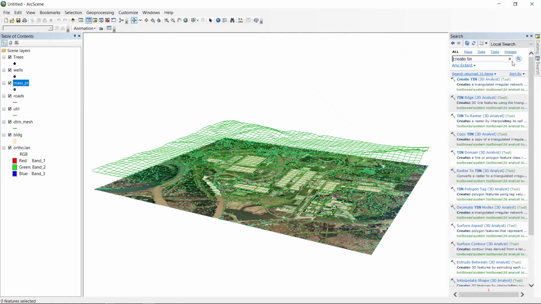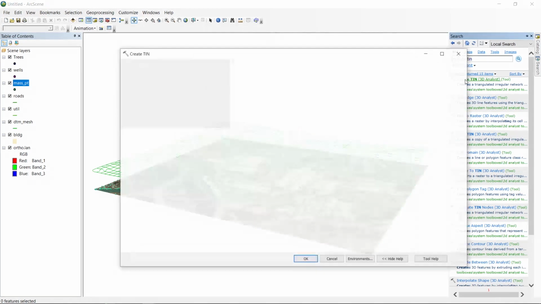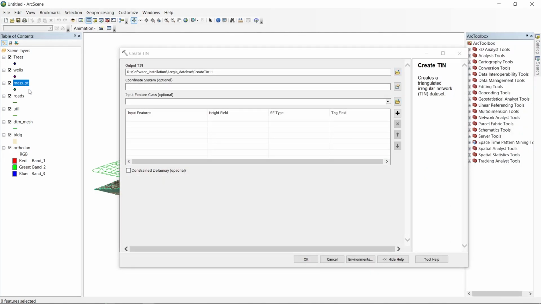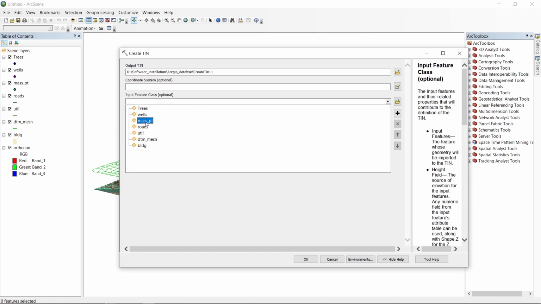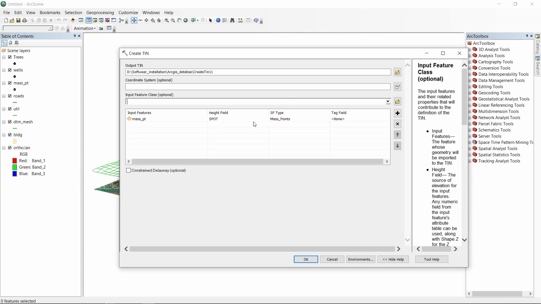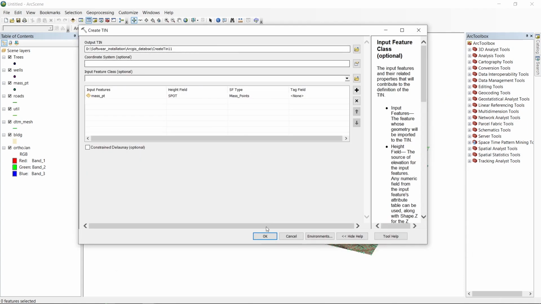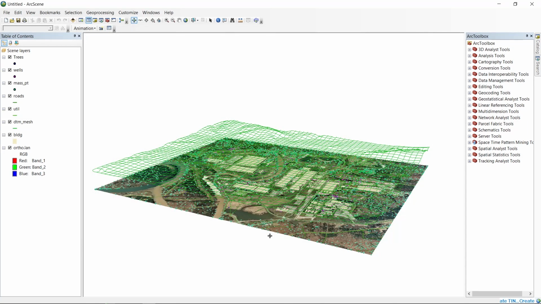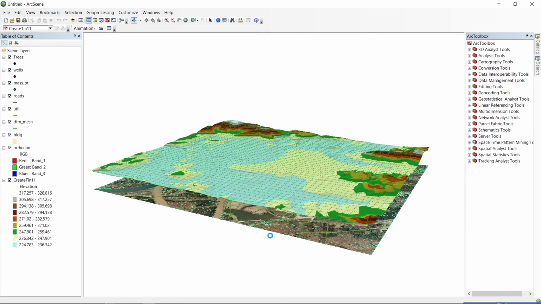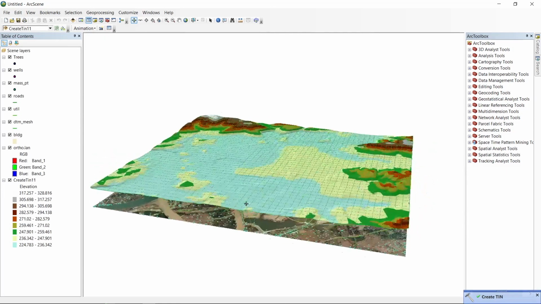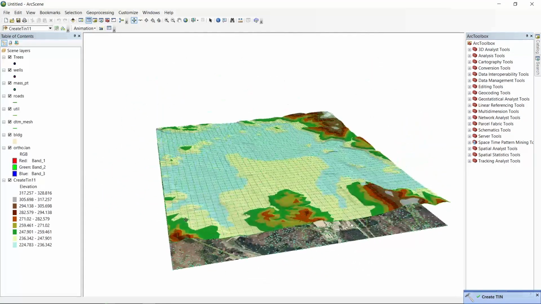I'm going to search Create TIN. Already searching. So go to that and insert this mass PT, and here default location and OK.